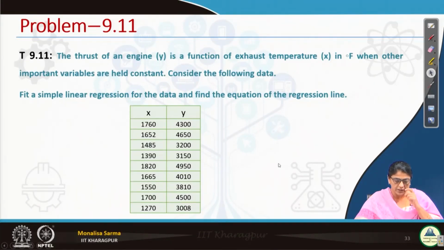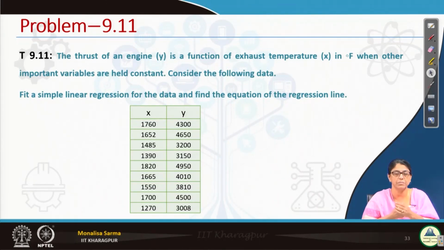Okay, so quickly we will go to the other problem. Now the thrust of an engine is a function of exhaust temperature. Y is a function of x, in degrees Fahrenheit, when other important variables are held constant. Consider the following data. Fit a simple linear regression for the data and find the equation of the regression line. So we are just asked to fit a simple linear regression and find the equation of the regression line. Fitting the data to a simple linear regression, we don't have to do anything,